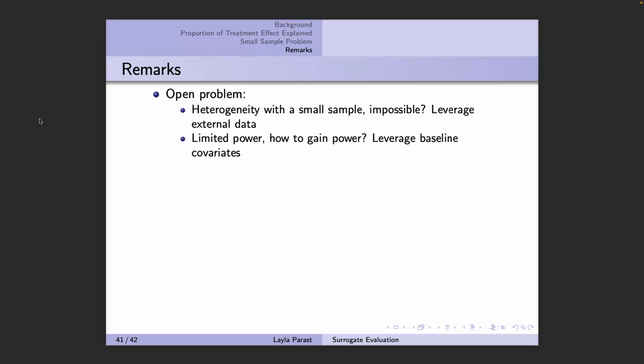So we are thinking about leveraging baseline covariates through augmentation to try to gain some power. Also, right now we have Ebola vaccine data where the sample sizes are, again, very small. And the surrogates are, I don't work on genetic stuff, but it's gene expression, things like thousands of gene expressions. And they want to use this rank-based approach to screen through all the surrogates and identify the best ones. So I'm very interested in figuring out how to do that